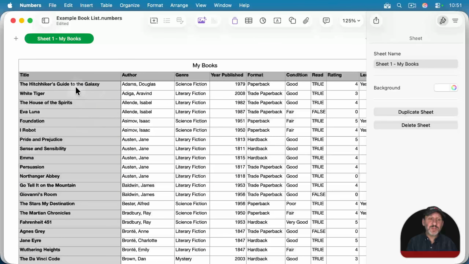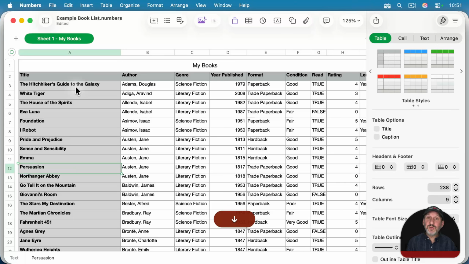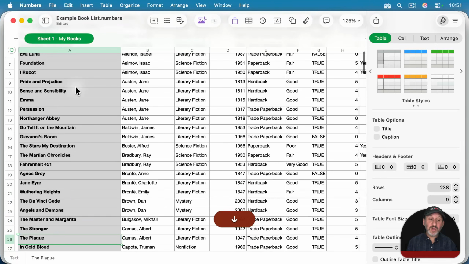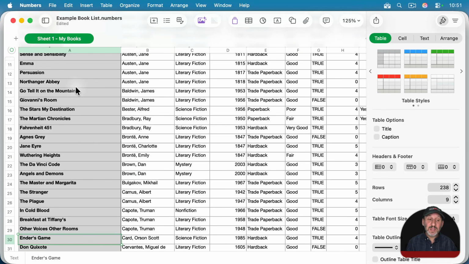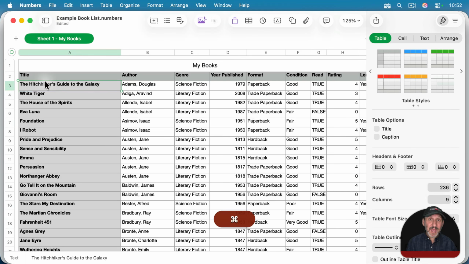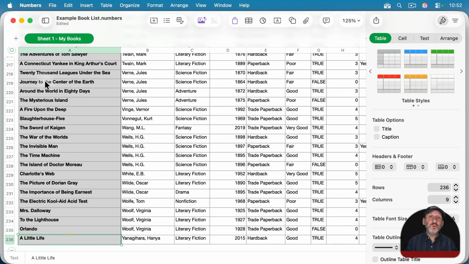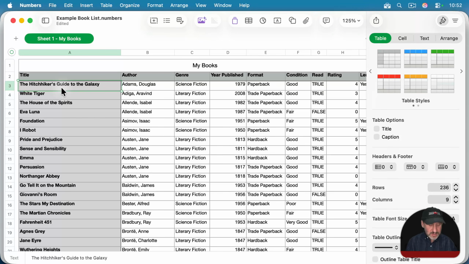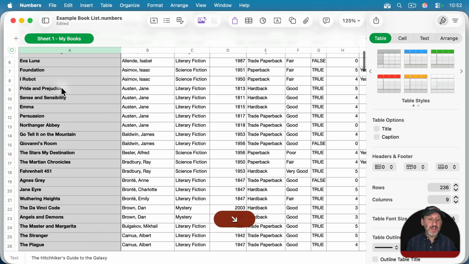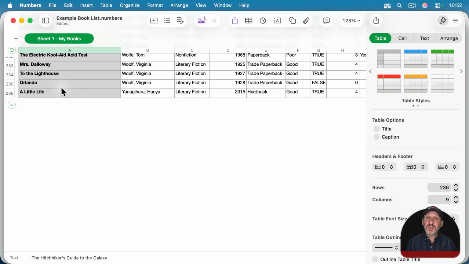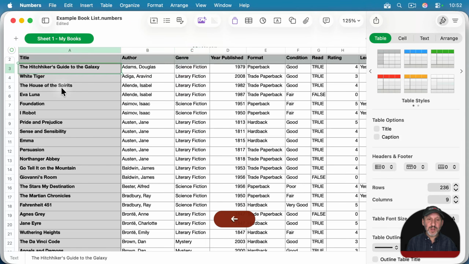And in Numbers, if you select a cell and then you use the arrow keys to scroll down, it will also keep the selected cell in view. So for instance, if you use Command down, it will go to the last cell. You can see that's what's selected there. And it also scrolls the document so you can see that selection. So it's different than using globe and right or the End key, which just takes you to the end, but the selection is still the same as before. So if I move to the right with the right arrow, you can see it comes back here